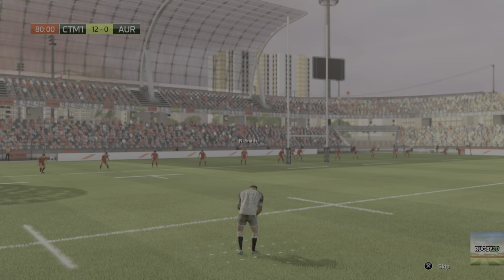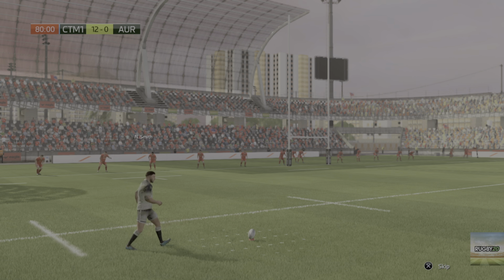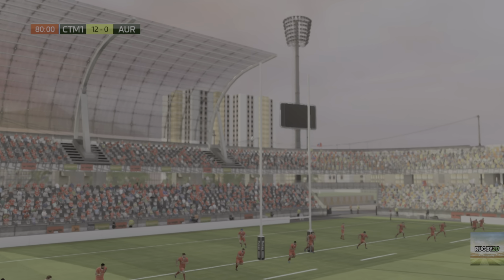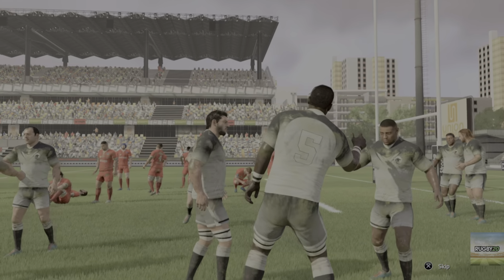The kicker getting ready to convert the try. No, that's gone too far left. There it is, all over, and that's